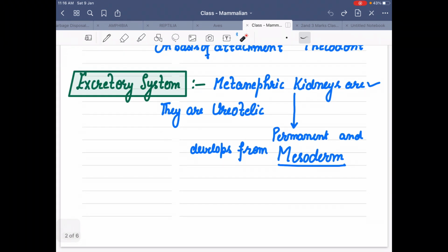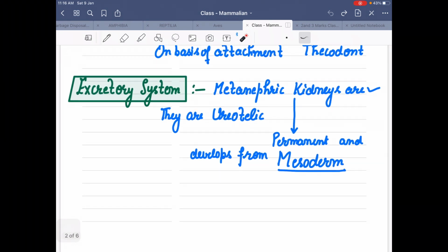Respiratory system, metanephric kidneys, they are present in us. Metanephric kidneys, we are ureotelic. Now kidneys are metanephric. What do you mean by that? That our kidneys develop from an embryonic layer, and that layer is